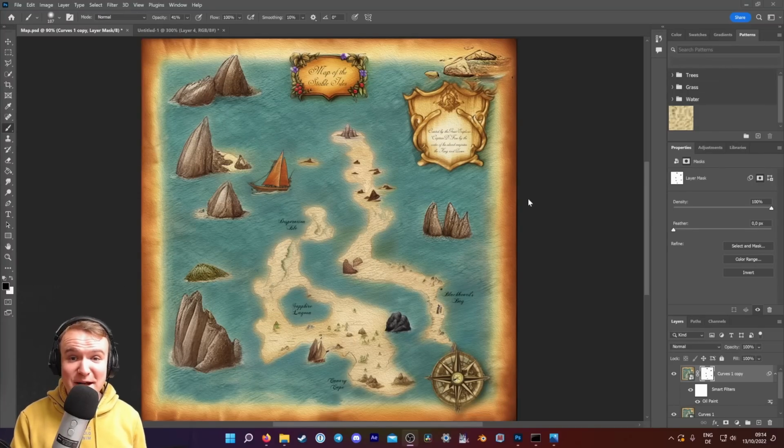Hey, welcome back. I'm Albert, and today I'm going to show you something really fun to do in Stable Diffusion, namely make maps like this. You can do anything you want, anything your imagination comes up with. I did something piratey today, some islands in the ocean, but you can use this method to make fantasy maps